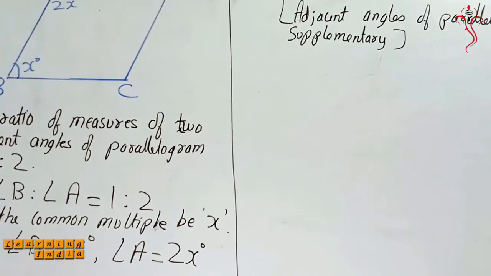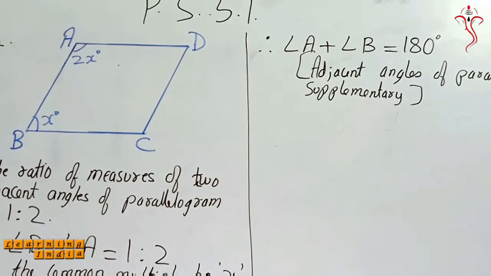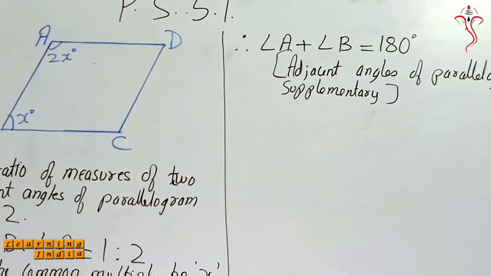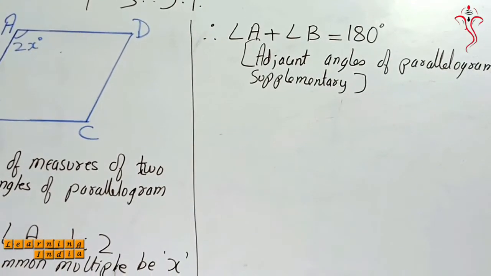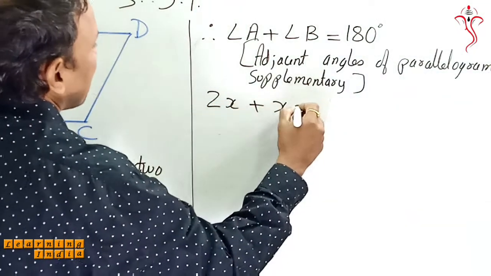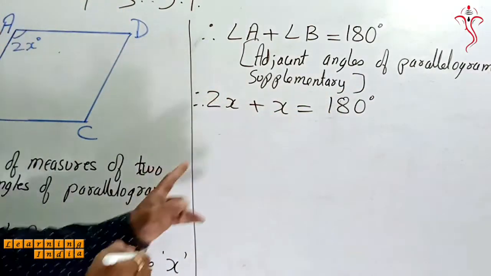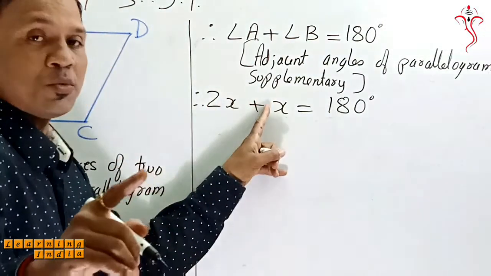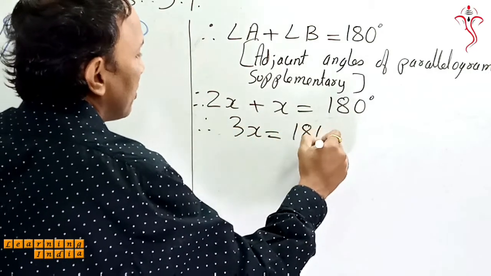Now what we will do here, we will put the value of angle A. Angle A का वैल्यू कितना लिखा हम लोग ने डायग्राम में? It is 2x प्लस एंगल B का वैल्यू है x. तो वो भी हम लोग लिखेंगे कि 2x प्लस x. 2x plus x is equal to 180 degree. So here 2x plus x के साथ कुछ नंबर नहीं है तो हम लोग 1 पकड़ते हैं. 2 plus 1 is what? 3x. So it is 3x is equal to 180 degree.